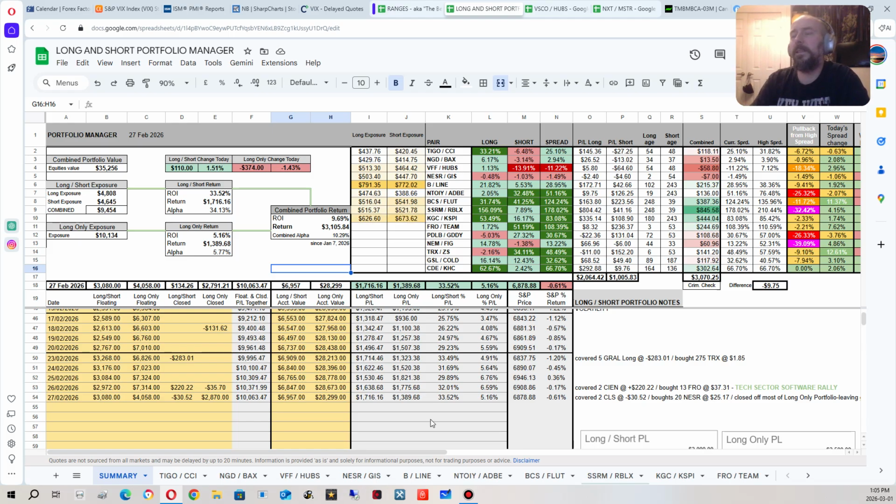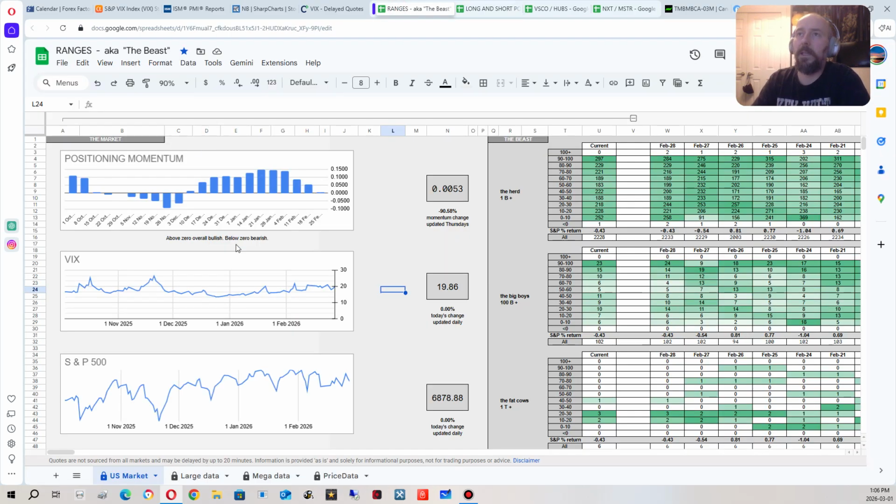I'll show you what made me pull the trigger, and I mentioned this over the last couple of weeks. I've made an indicator based on the all sentiment index, the positioning momentum. And I had mentioned earlier, when I see this thing go through zero into negative territory, I'll definitely be shifting away. Now, VIX is already at 20, and it looks like it's been rising steadily. So this is the time to transition into a defensive portfolio, get in on some gold, telecommunication. There are others that perform well in these times.